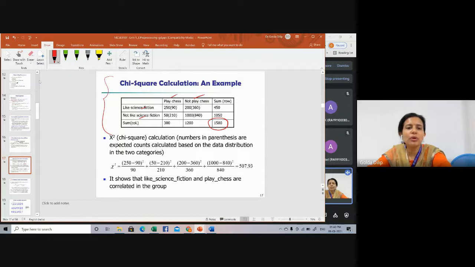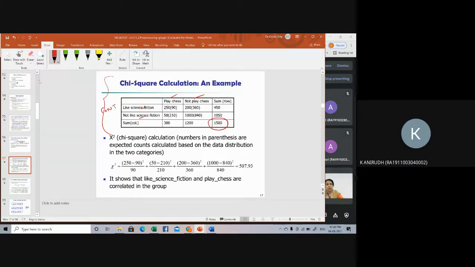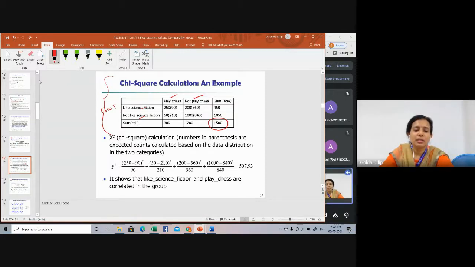This table is what is called a contingency table. Is this a 2x2 matrix? Yes, 2x2 matrix, but in the chi-square test, we call it a contingency table. Contingency table is the more appropriate terminology used here. You can see here the observed frequency, the count of each possible joint event, shown in the contingency table.